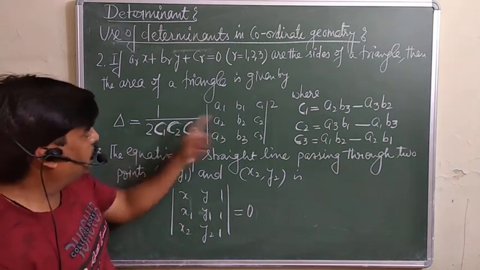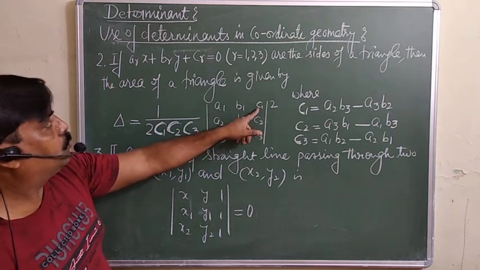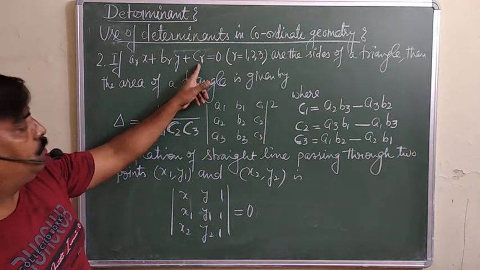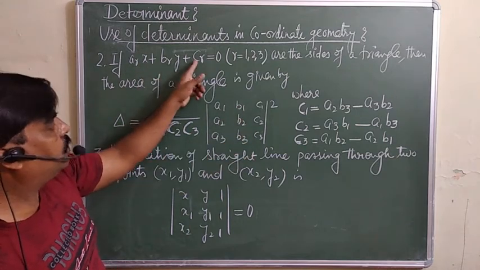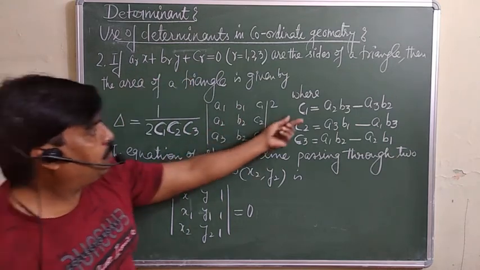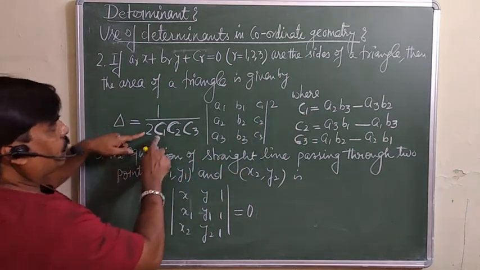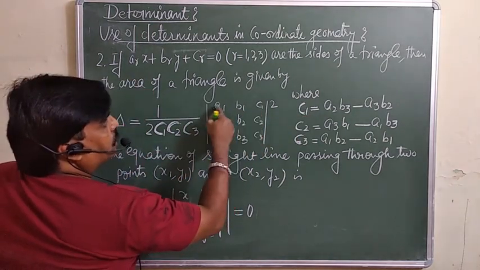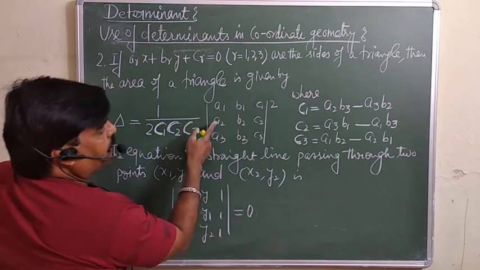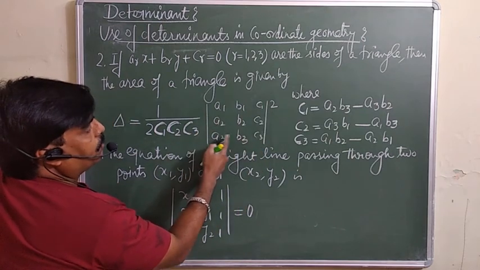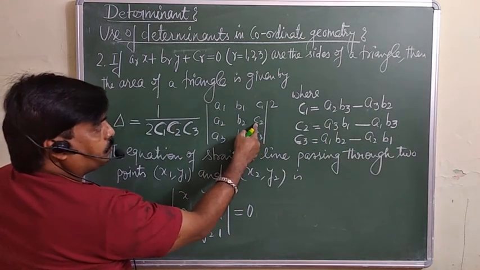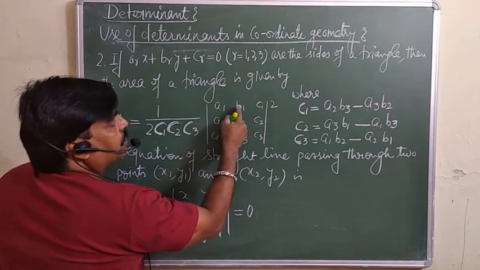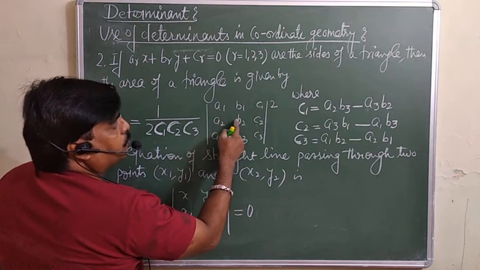This C1 is not equal to this one. This small c1 is the constant term of this equation. So A1, B1, C1, A2, B2, C2, A3, B3, C3 you must put here only. And you must calculate this capital C1. This C1 you will get for this one only. Just see, hide this row and this column, you will get A2 into B3 minus A3 into B2, this one. For this C2 you will do, that is minus, because the signs are plus, minus, plus, minus, plus, minus here.